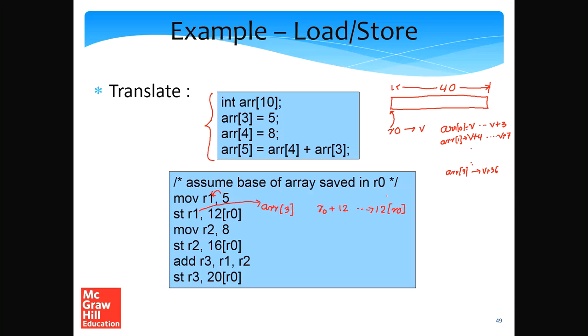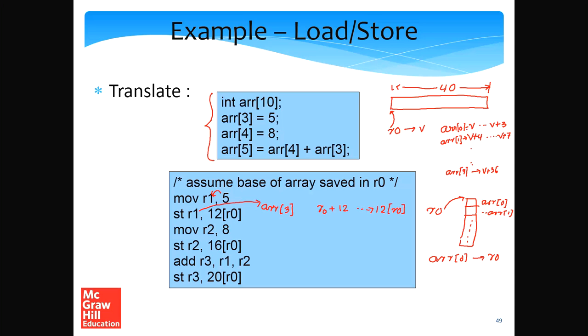This is a very important point to understand, and I want to ensure that all of you have more or less understood it. So the idea is, what is the contents of R0? R0 points to a memory address that contains 40 contiguous bytes. The first 4 bytes are array 0, the next 4 bytes are array 1, and so on. So what is the starting address of array 0? It is